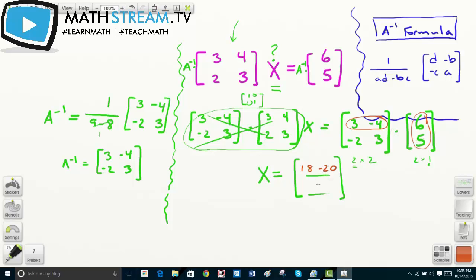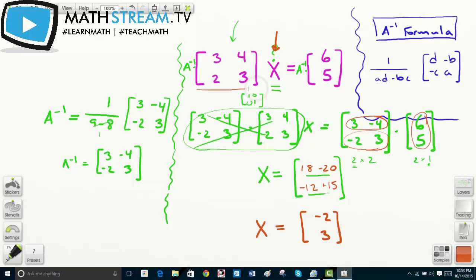Then I want to find the second row, first column. So we do negative 2 and 6 is negative 12, and 3 times 5 is 15. So that gives us the answer. X should equal -2 and 3. Now, if I were to take this information and put it in right here for this matrix,